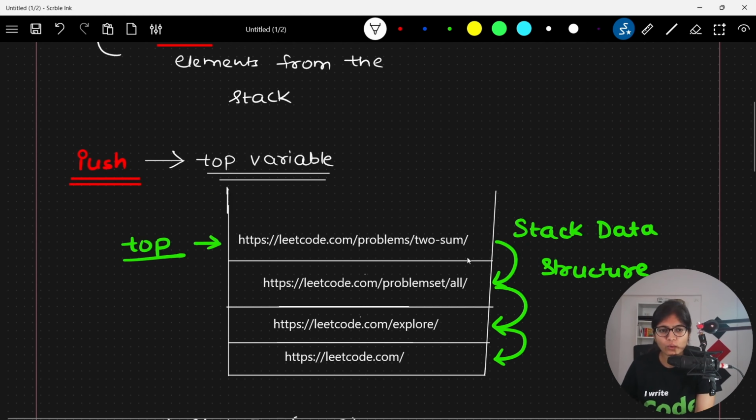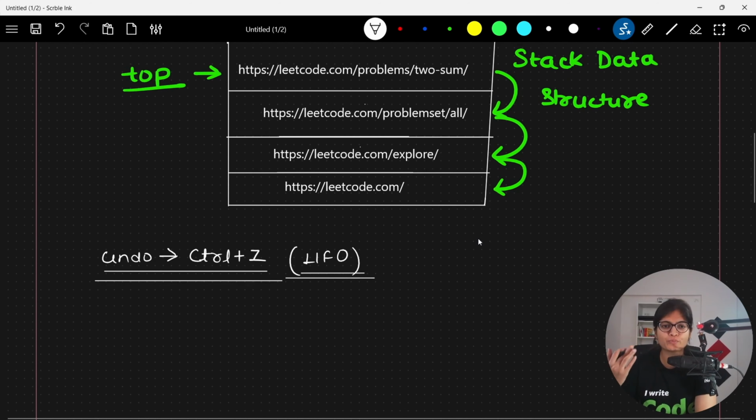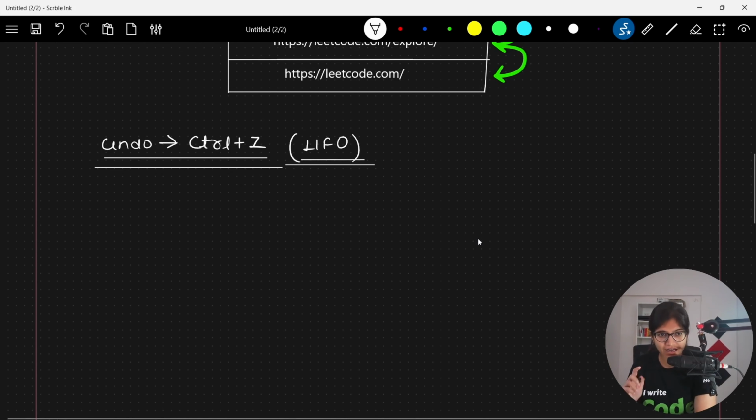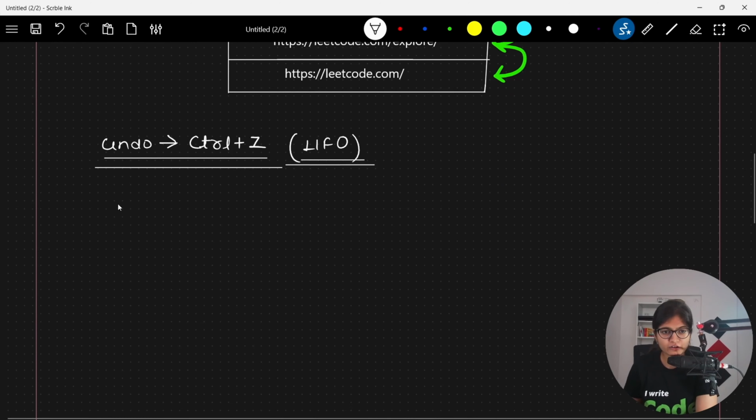Okay, so let's get started with the in-depth intuition behind the pushing part, like how we will be able to push the data inside the stack. Another very beautiful application before moving to that part is function calling. I hope we have already seen a lot of